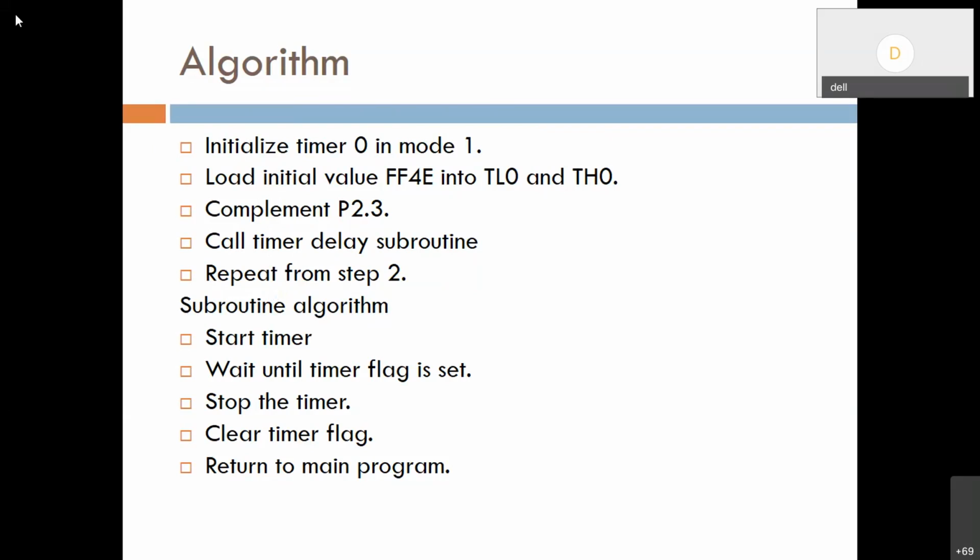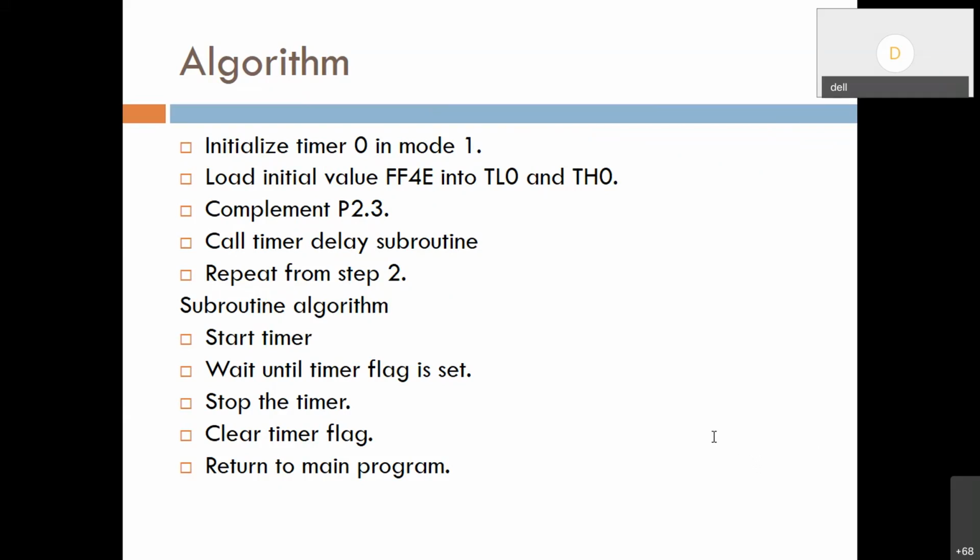Let me tell you one important point here. There are two types of delay generation. One is using software, that is using instructions themselves. So take multiple instructions in sequence and keep executing them, just to waste time, that is delay generation. The second method is using hardware, that is nothing but what we are using now, timer delay generation. Based on the timer, you program it in such a way that you can get whatever delay you want. But there is a limitation.